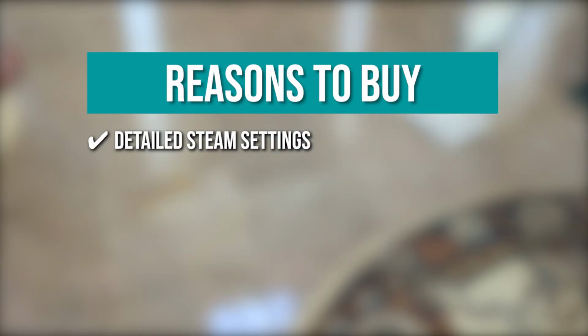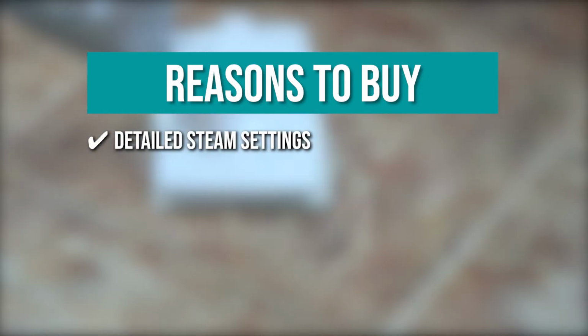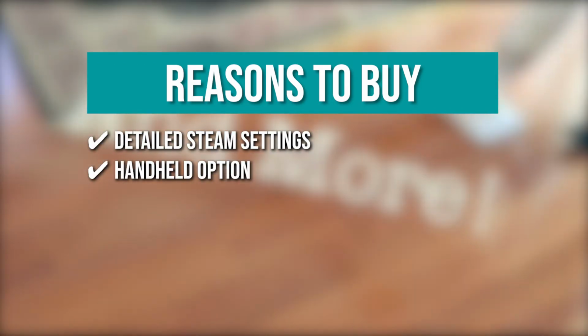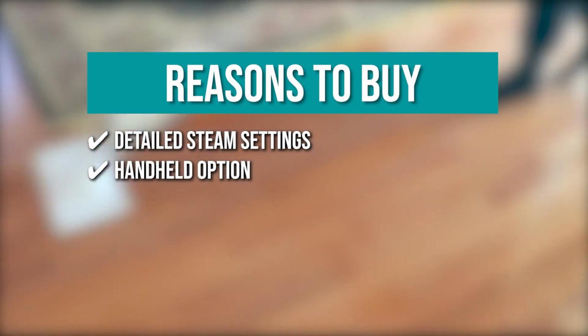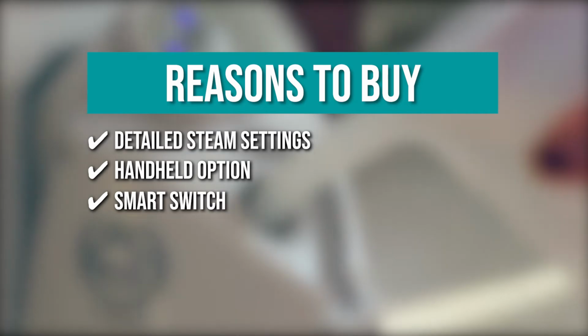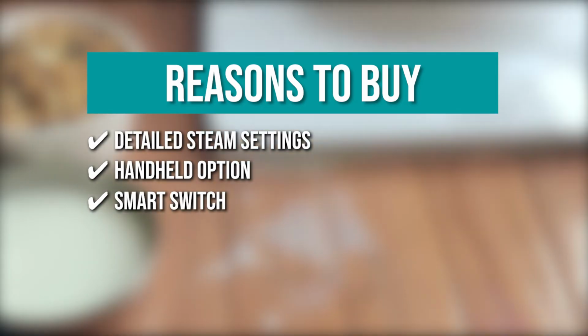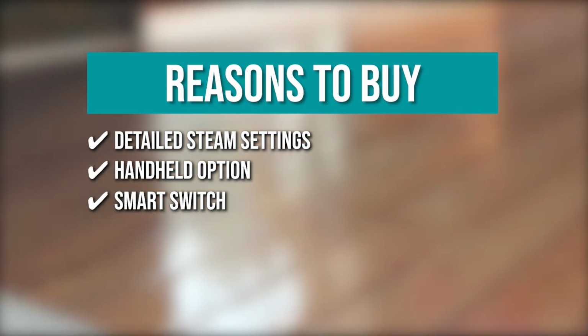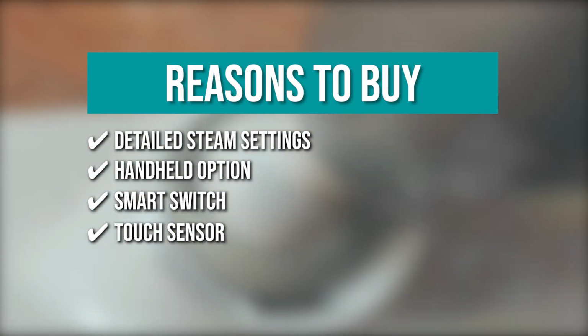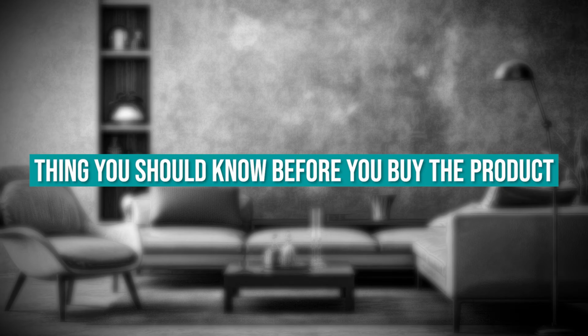Detailed steam settings. This machine has 3 intensity settings of high, medium, and low to control how much steam comes out of the nozzle. Handheld option. You can detach the steam cleaner from the wand to turn it into a garment wrinkle remover, bathroom or kitchen cleaner, and upholstery refresher. Smart switch. This steam cleaner can detect movement to prevent accidental steam release in an upright position. Touch sensor. You can start steam cleaning by placing your finger on top of the sensor. Keeping all that in mind, the thing you should know before you buy the product is the power cord is